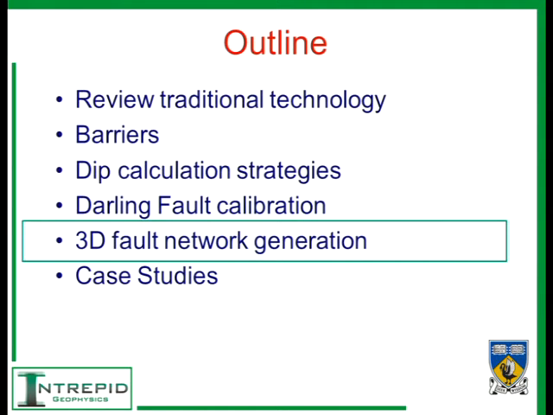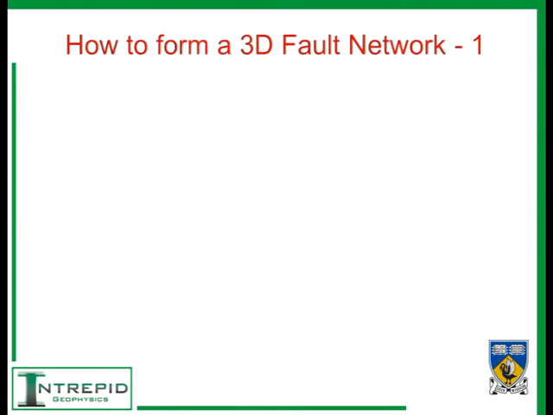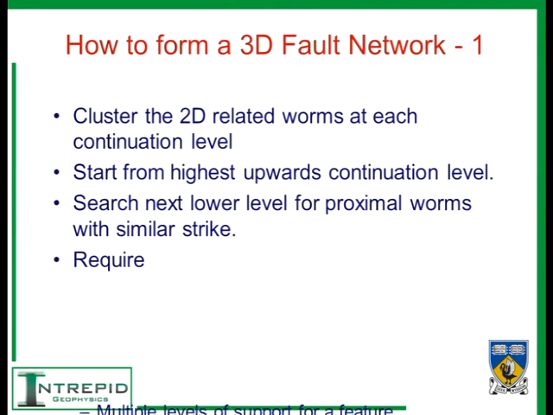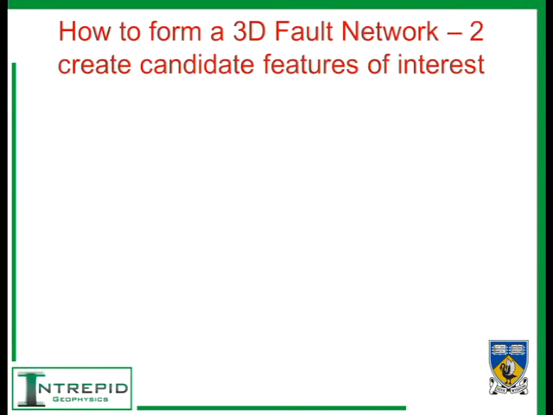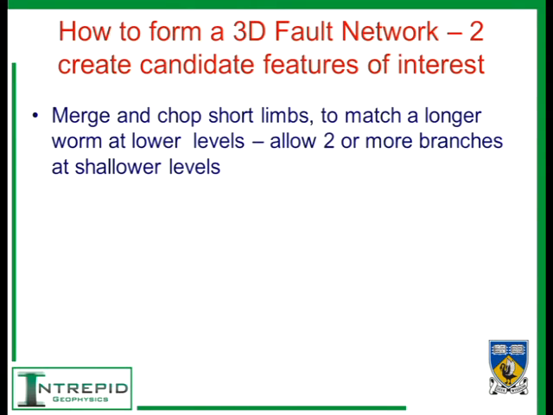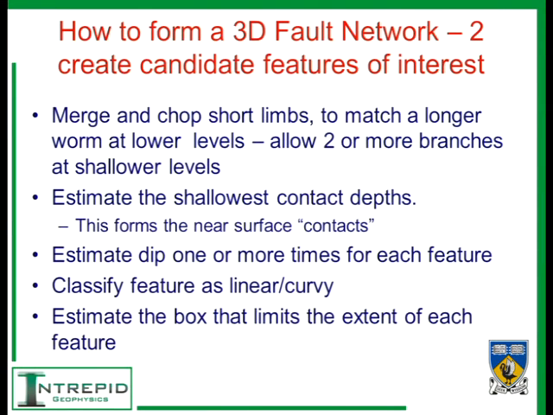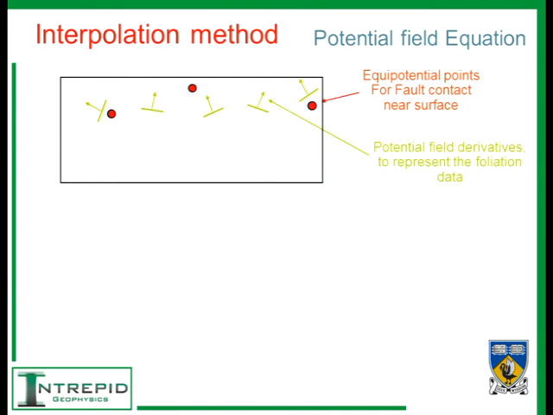So let's dive back to traditional gravity for a minute, and we won't talk about the benefits of 3D. I think that's all pretty obvious in this forum. And how do we go from this using worming and dip calculations to creating a 3D surface? So there's an important clustering step, and I'm not going to read all this, I'm just saying there's a clustering step, and this is how we do it. You estimate the foliation, and then in forming the clusters you've got to chop and match and all sorts of stuff. Estimate the shallowest contacts, estimate the dip, classify, and then of course we go into the classic